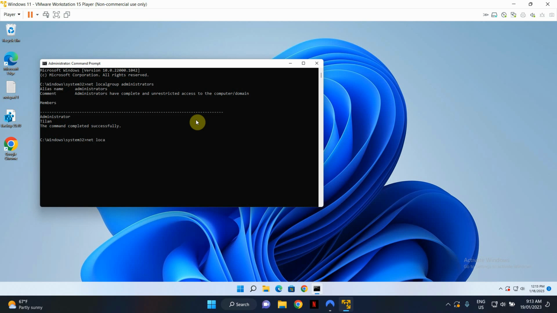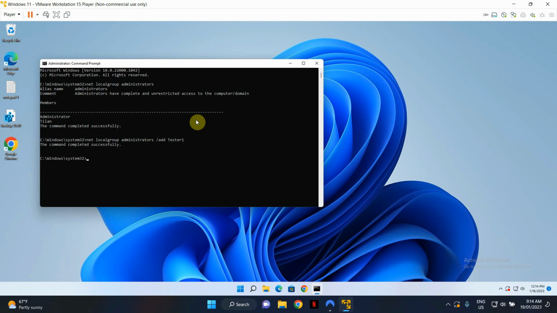So net localgroup administrators /add tester1. Alright, so now that command has been completed successfully, let's run the first command again to see who are